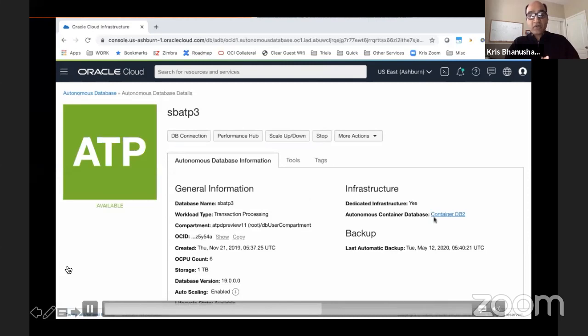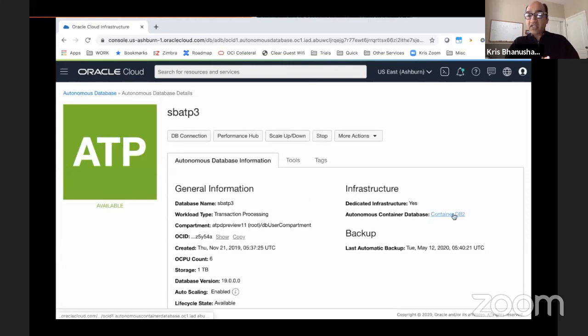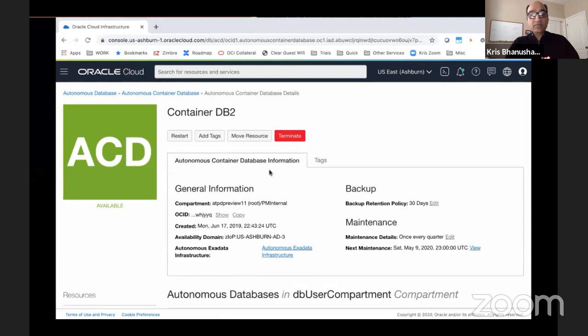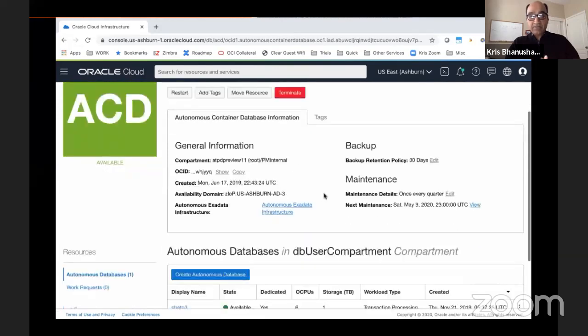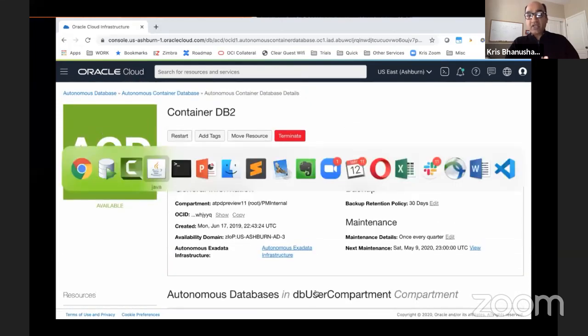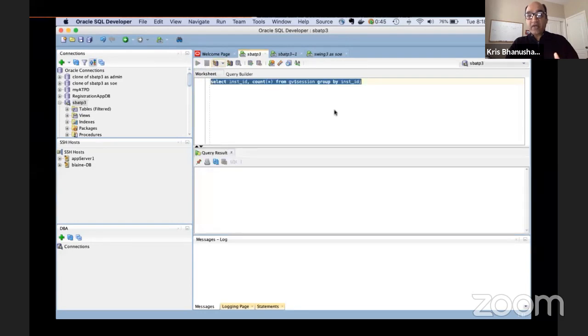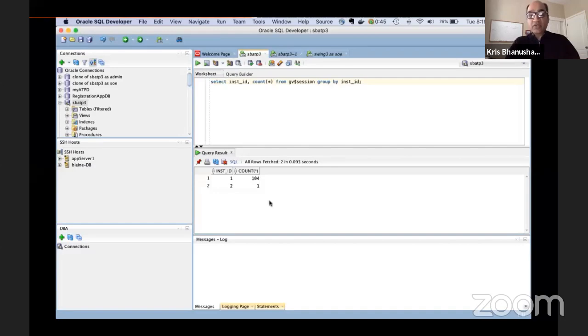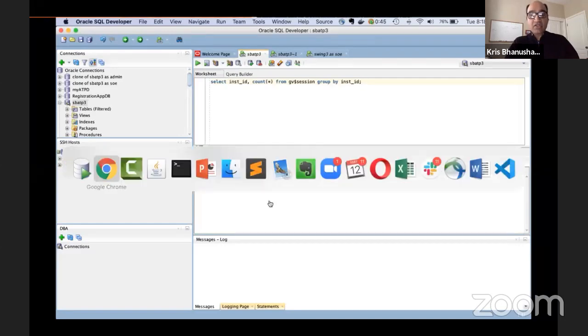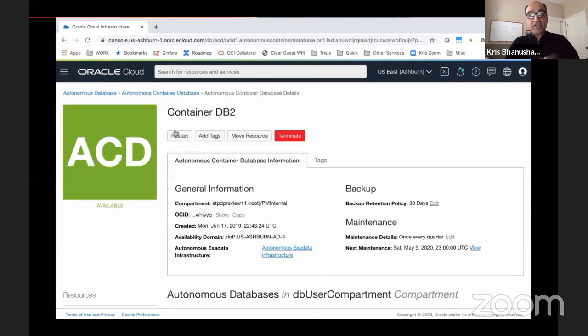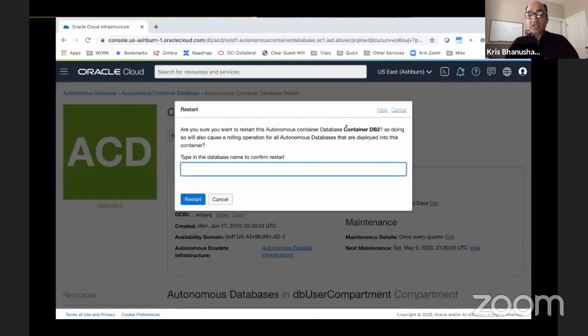And first of all, I'm on this database that runs in a container called containerdb2. Now, I can restart containerdb2 here. But first, what I'm going to do is connect to that database and see how many connections I have on each of the RAC nodes. So I run this query on $session. You can see that because I have 100 users, about 104 connections on instance 1, and instance 2 has about 1 user. So now I can go to the container database and restart that container.